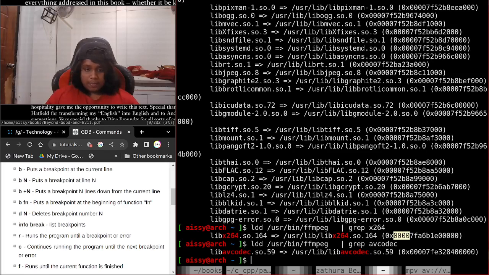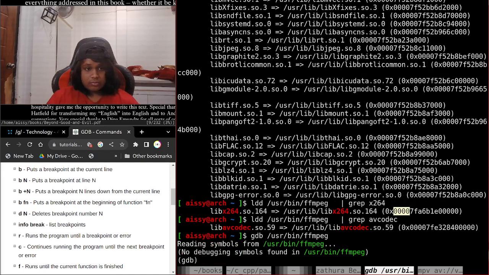So let's fire up FFmpeg inside GDB. Right, so this is what we want to do, and let's basically start it up with this flag, right? So r -i in.mp4 out.mkv. It automatically converts it without specifying the codec. So let's run that,